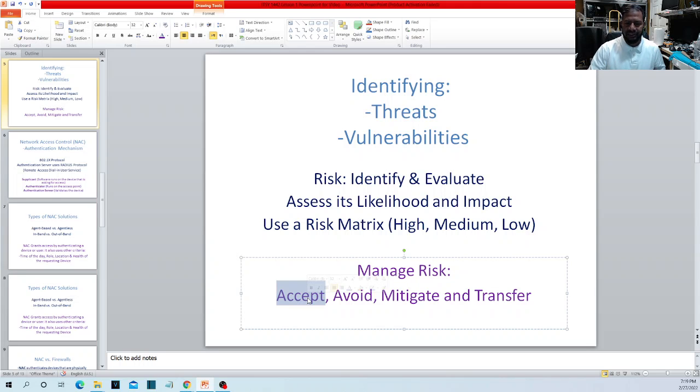Accept the risk, meaning somebody may say that okay, you have 0.000001% possibility of a flooding in this location. Do you want to buy $10,000 a year insurance against the flooding? You say no, I'm going to accept the risk. I'm not going to do anything about it. I take it. If it happens, it happens, because I think that I can handle it. That's called accepting the risk.